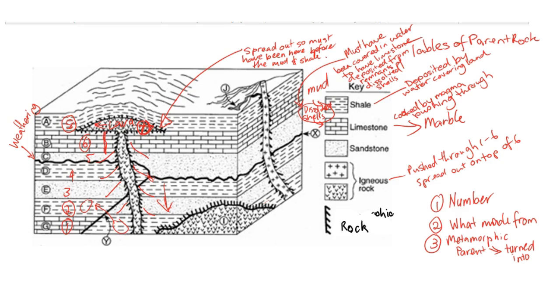So here I've got a partially filled in diagram of one of the practices you did with your rock strata notes. I've already tried to number what I think was the oldest to the youngest. It may or may not be correct. And I've already put in some notes here saying that as this rock has pushed through here, I would normally think that these guys would have been pushed up a little bit. I don't entirely agree with the diagram. I've put in notes about how this